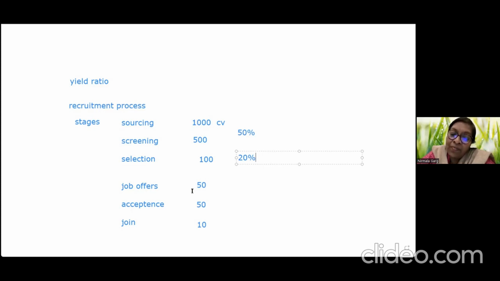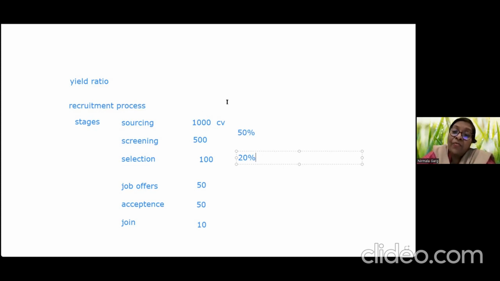So what happens? I always say, before even giving the offer, I would typically say when you are even putting a job posting, you have to clearly state all those dissonance factors. This is the night process. This is the salary where you cannot negotiate at all. So those are called the dissonance factors, which you have to put. Otherwise, you are going to get a lot of unwanted CVs.